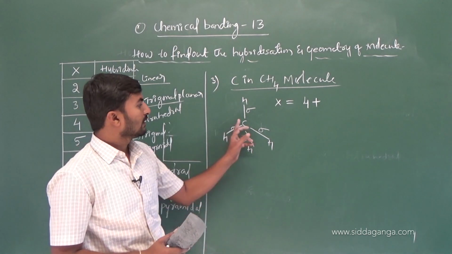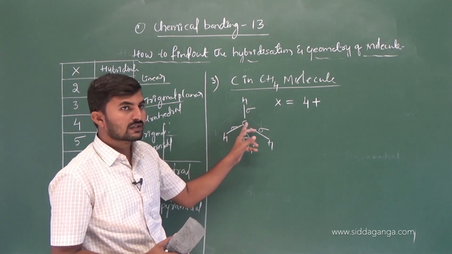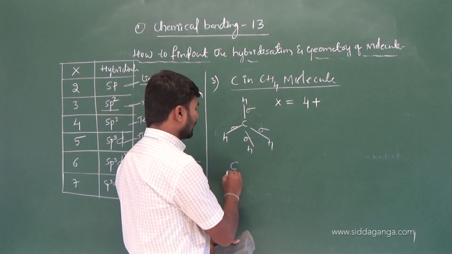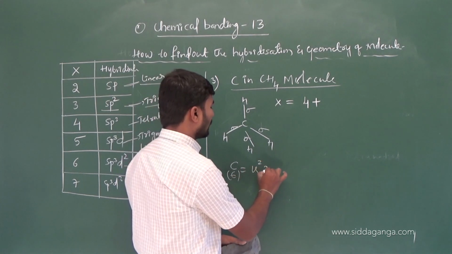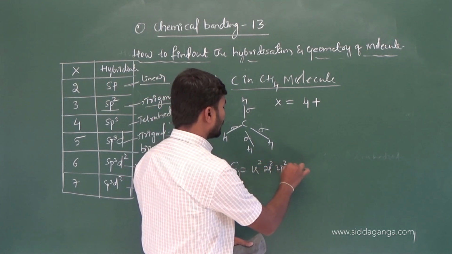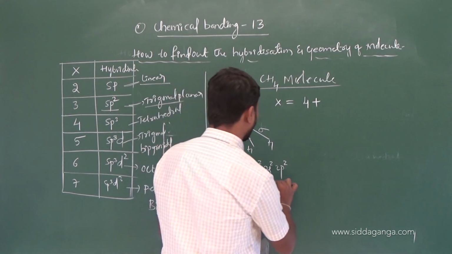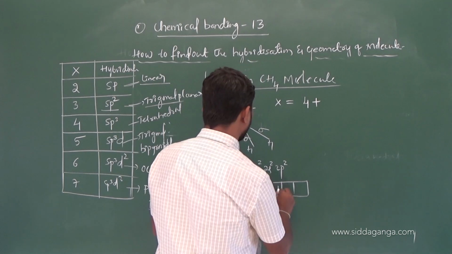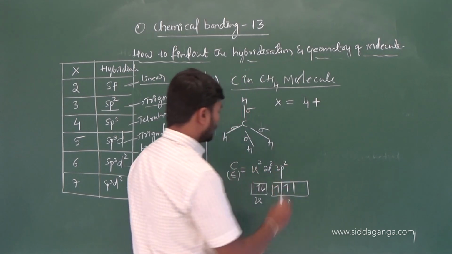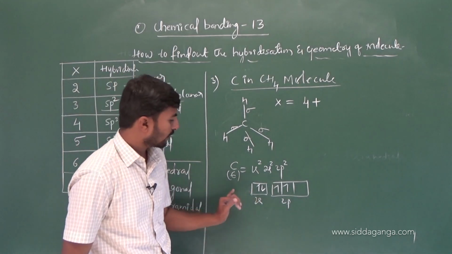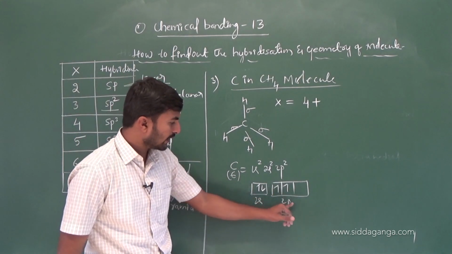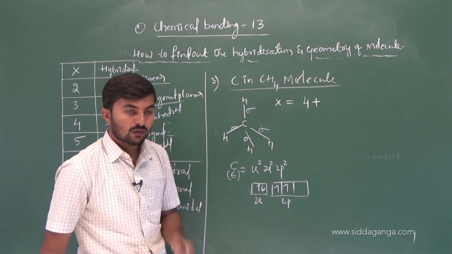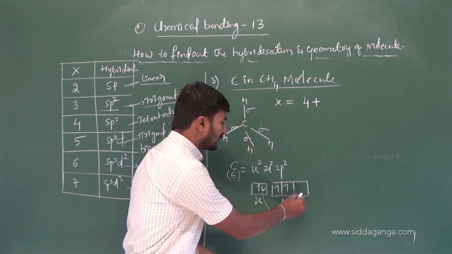Then how many lone pairs are present on the carbon atom? Will there be a lone pair of electrons on carbon? Let us see. 1s2, 2s2, 2p2. This is the orbital structure of the carbon atom, where it has 2 unpaired electrons, but carbon here can form 4 bonds. That is why 1 electron is excited from 2s to 2p.